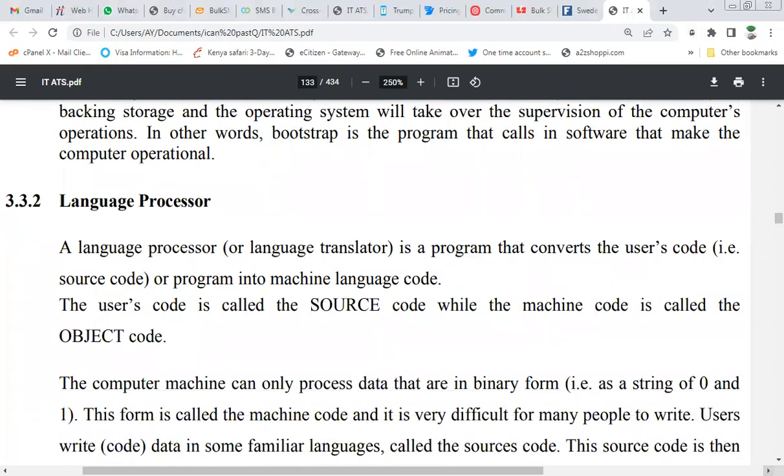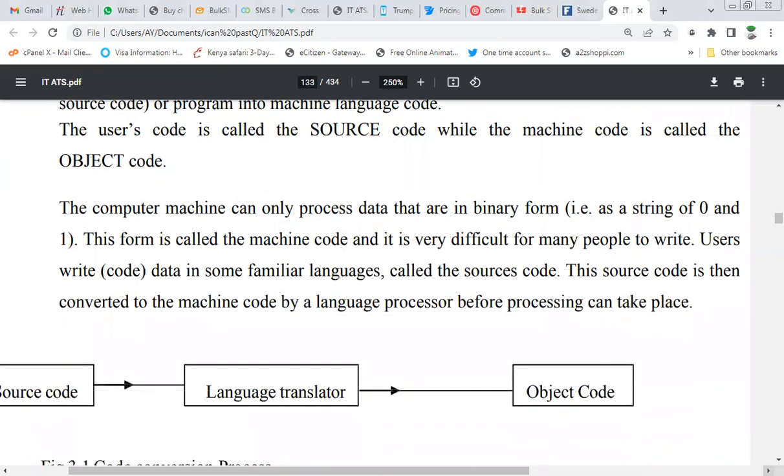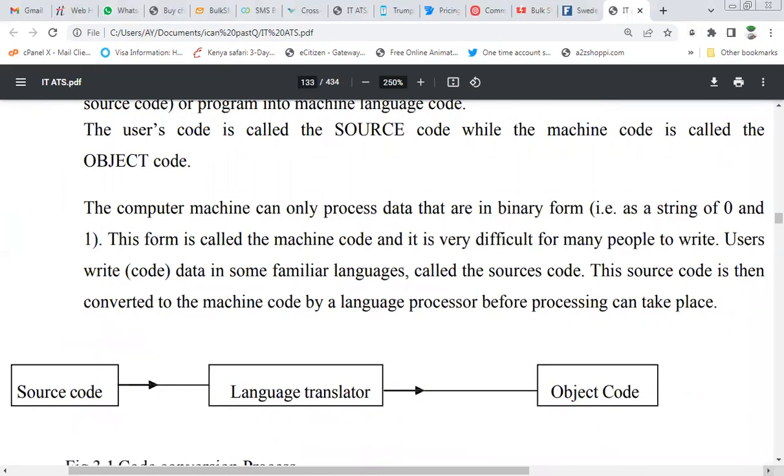Language processor. A language processor, or language translator, is a program that converts the user's code, source code, or program into machine language code. The user code is called the source code, while the machine code is called the object code. As you all know, our electronic devices, including our computers, don't understand our normal language. The language of your computer or all electronic devices is binary language, a series of zeros and ones. So all your A, B, C, D or special characters you see on your keyboard are converted to machine language,